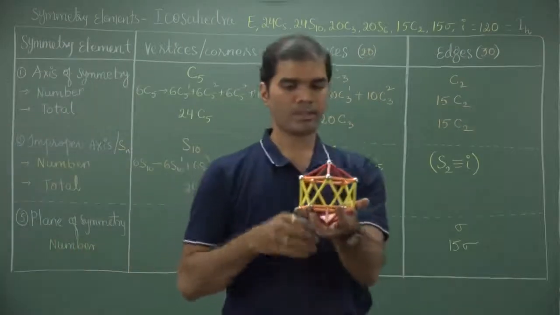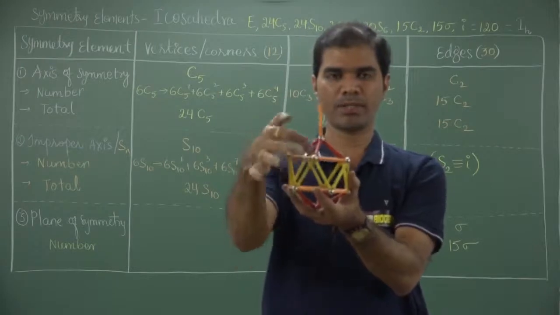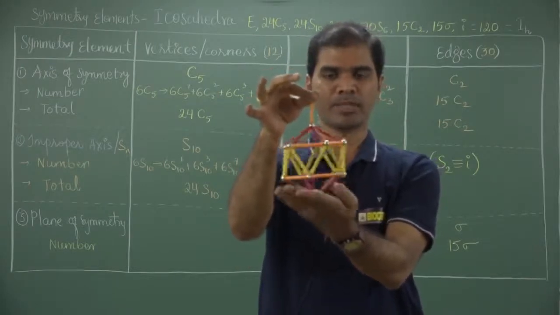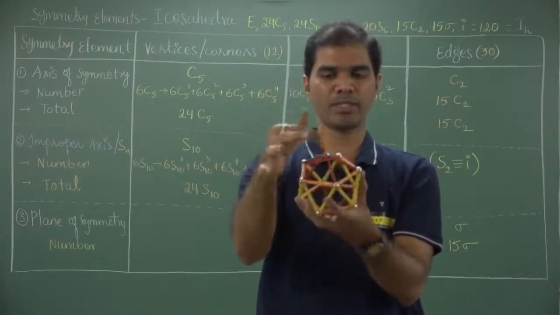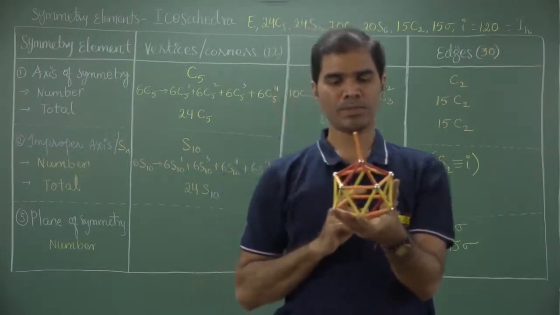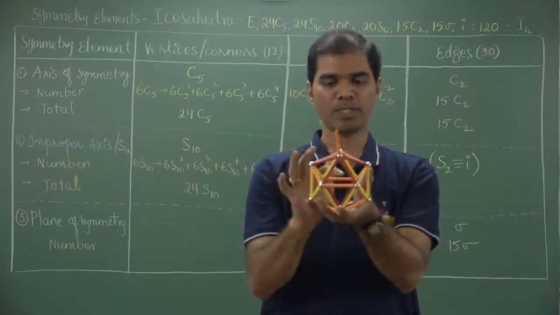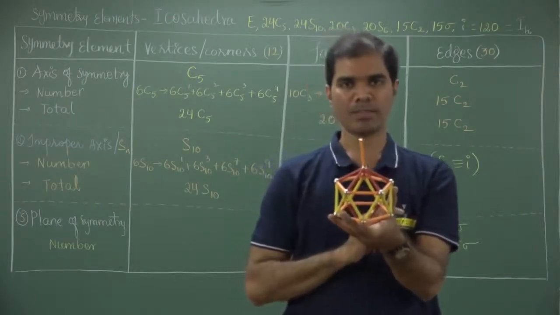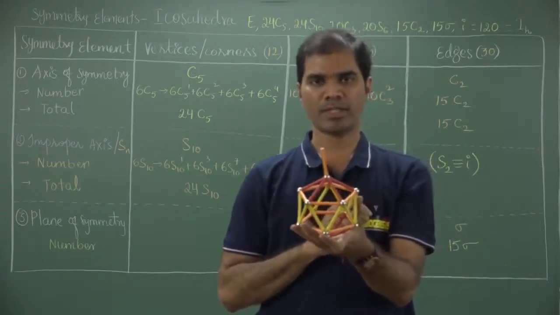Now, this is an icosahedron. For this icosahedron, these are considered to be the vertices. Altogether there are 12 vertices. Icosa means 20, so there are 20 faces, and each face is triangular. In one of the classes I told you that for a vertex the opposite is also a vertex, for a face the opposite is a face, and for an edge the opposite is also an edge, which is parallel. For a face, the opposite is a staggered triangular face.